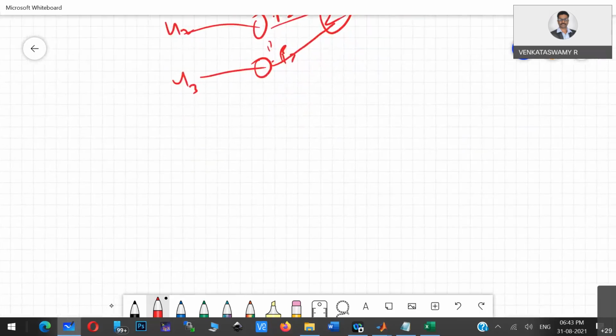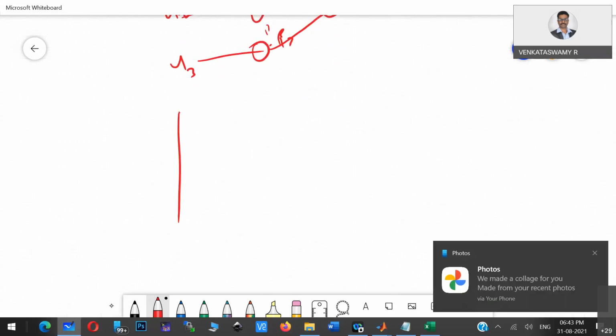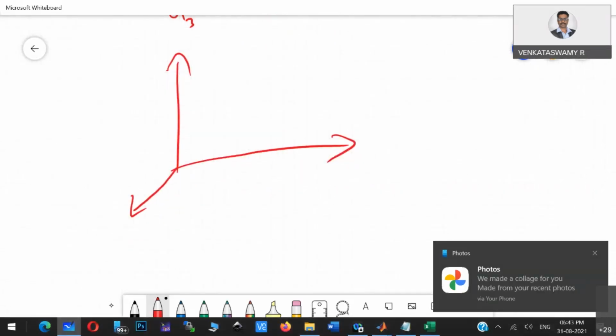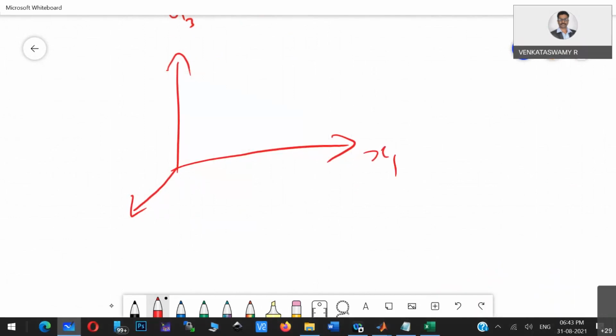But in machine learning, what happens if you have a vector space? I'm just writing a 2D or 3-dimensional vector space, where you have n number of dimensions. In that, all your input and output can be marked as one point in that particular vector space.